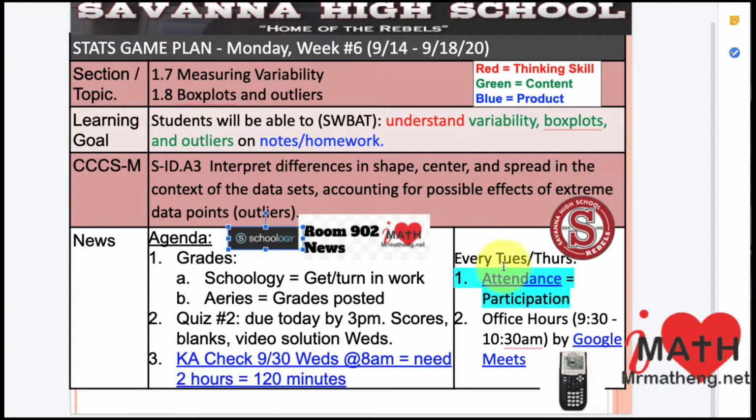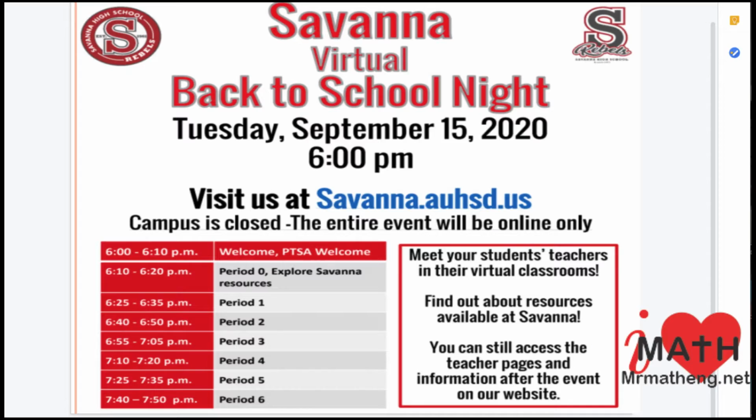Remember, every Tuesday and Thursday, you get participation points by completing the check and connects. That is your attendance for the asynchronous days. Go to Schoology and click on updates, where you'll see the announcement that's pinned there. And don't forget to drop by for the office hours. Click on that link to go there.